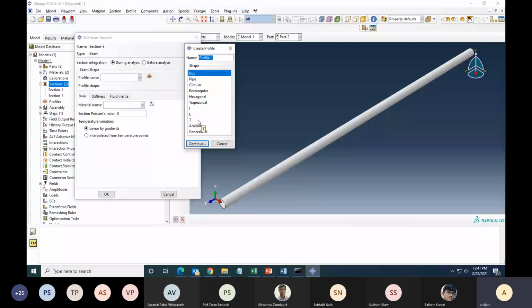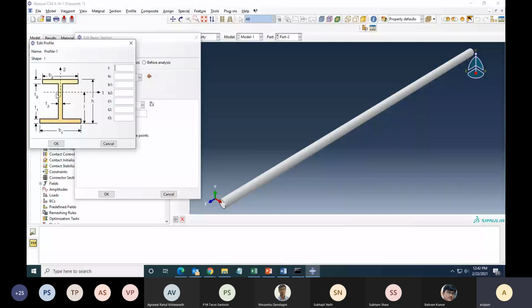Depending on what you choose, let's say I choose I and I say continue. Then it will ask me what is B2, what is H, all the details I can put here. I will actually draw a straight line, but if it is a beam, then all the properties of the section will be assigned.